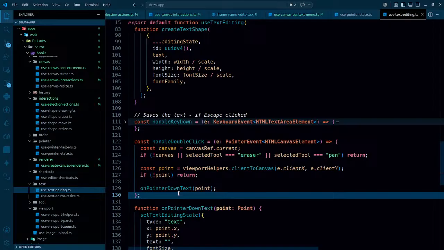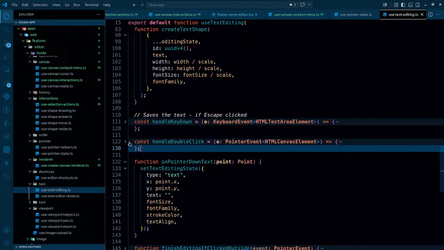So what do we actually do? We just simply create a text. That is also fine. Text is also being created. So whenever I click outside, that simply means